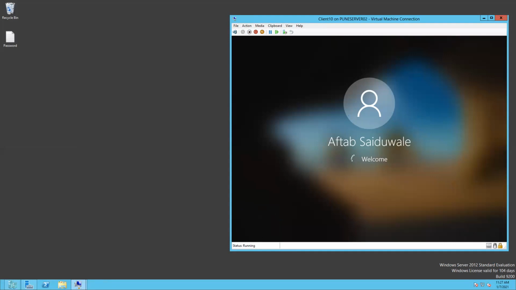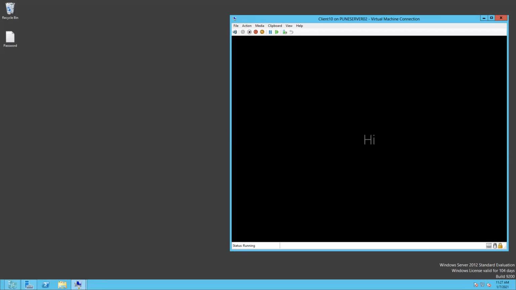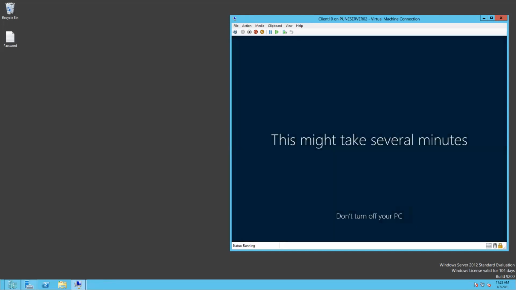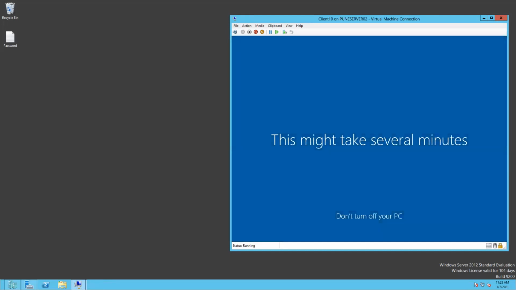It is taking your full name, first name last name, right? So it will take a moment, so it will create the user profile. So first time we are logging in, right? So it will come with the hi and welcome messages. And also it will set up your profile with all the applications. If you have multiple applications, it will take time accordingly. So it will prepare your desktop, documents, pictures, folders, everything. So it may take 1 minute, half a minute.